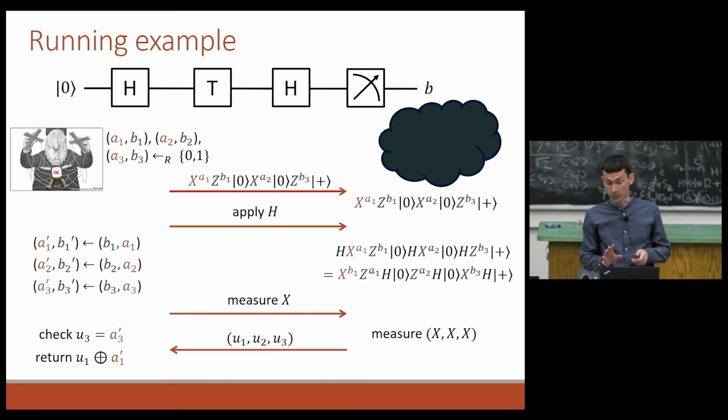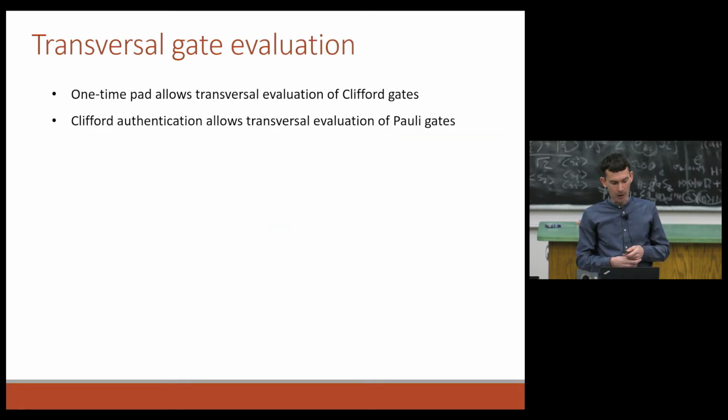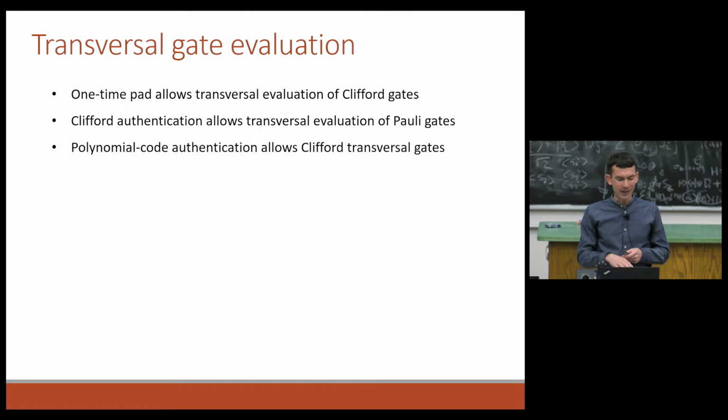We're going to need it next. This was an intermediate stage, because it's only for Clifford circuits. We want to do general circuits. I should have analyzed the previous circuit using the Pauli twirl. The general circuit is going to require the Clifford authentication, and that only allows transversal application of just Pauli gates, because Cliffords conjugate Paulis in a predictable way, but not even other Cliffords. And here I'm not going to give you more detail because it gets a little bit more technical, but